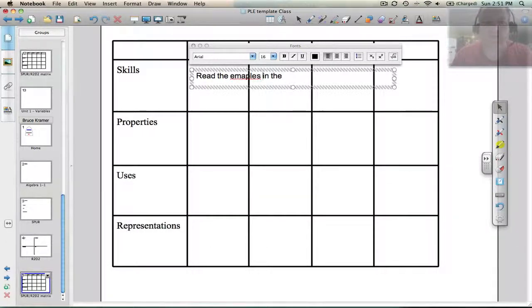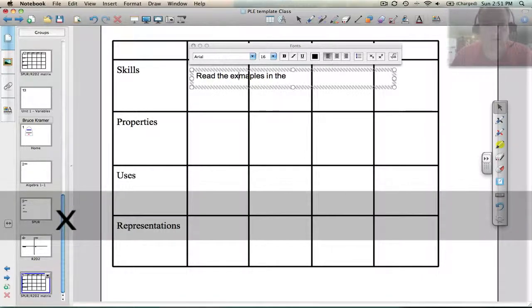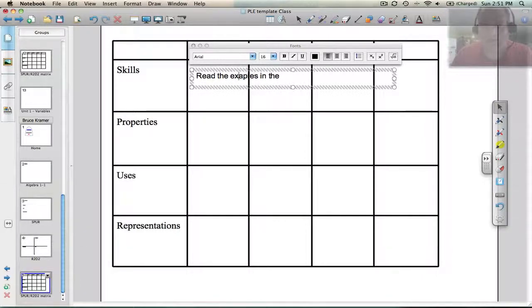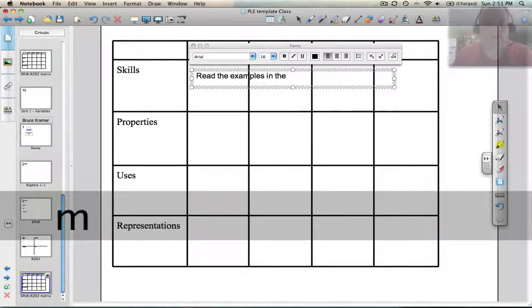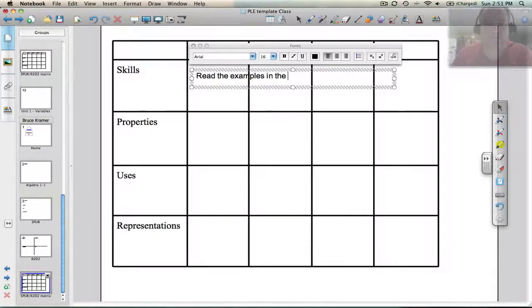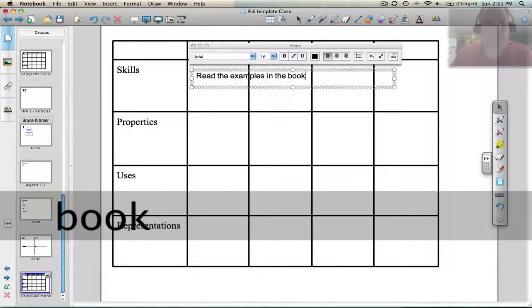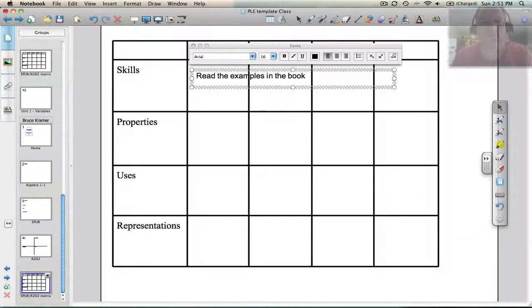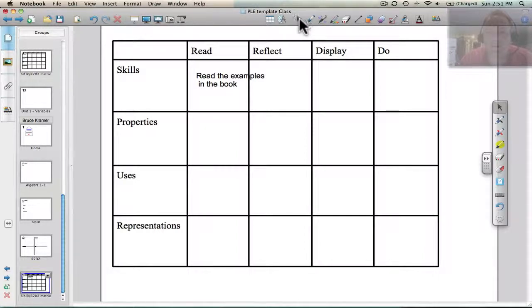Okay, looks like I forgot the examples in the book. Okay, in order to understand something. If I don't like that, I can hit enter, click outside of it, go back up to here. Didn't like the size, so I can resize it and put that in there. Okay, read examples in the book. Okay, maybe